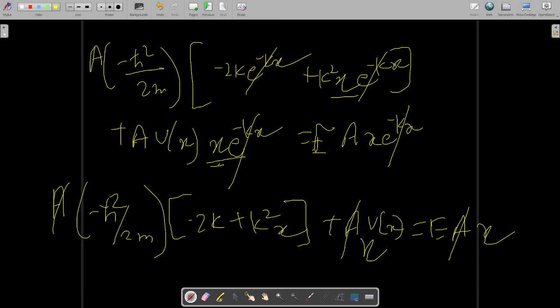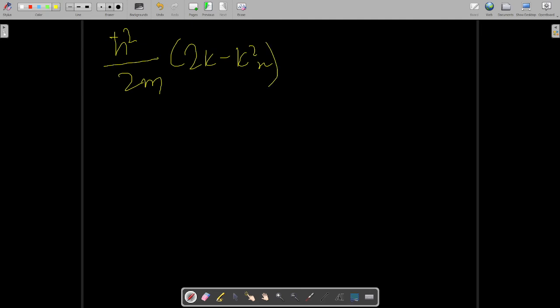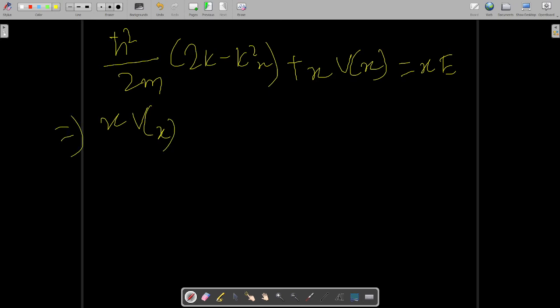And eventually you can write this simply like h cut square. After you do further simplification, you can clearly write this. Okay, it is not a big task, is equal to x e. Okay, now we have to find v of x, right? So we will take v of x to one side, and other terms to the other side. So x v of x will be equal to your